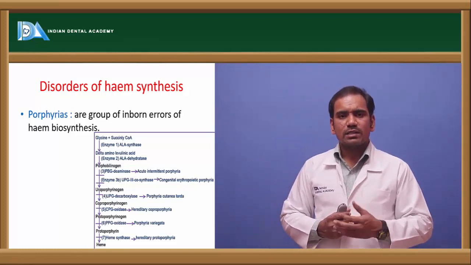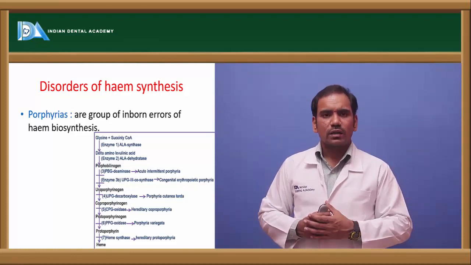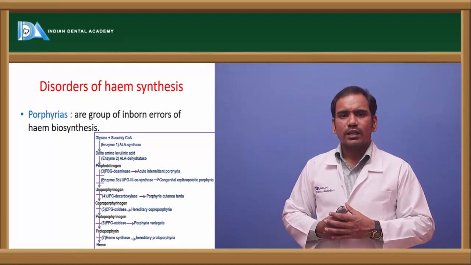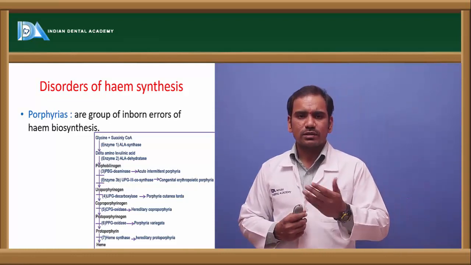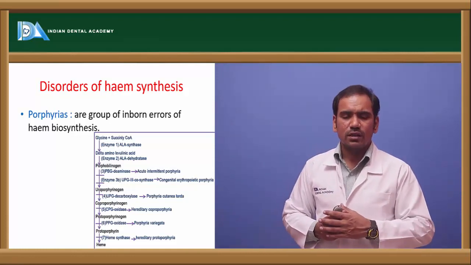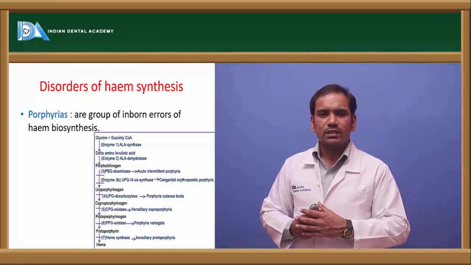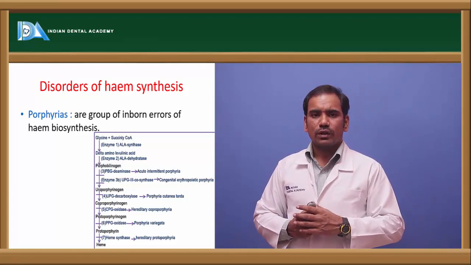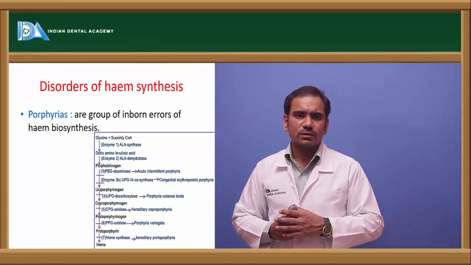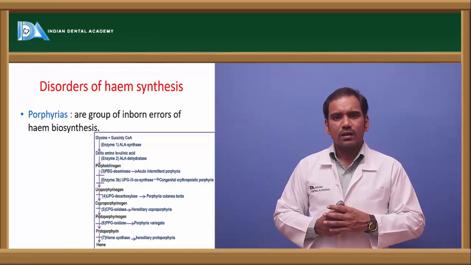So why is it named acute intermittent porphyria? Here the symptoms are acute and intermittent. The symptoms are seen intermittently, they are not continuous. Intermittent symptoms are seen, so that's why it is called acute intermittent porphyria. When you look at the important features of this porphyria,